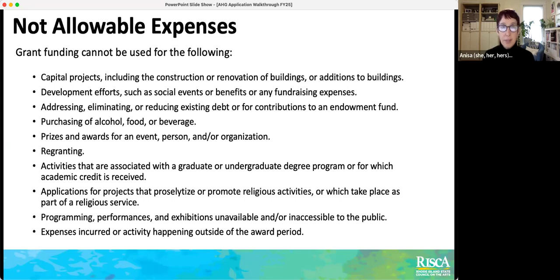Not allowable expenses. Grant funding cannot be used for the following. We also understand, just as a caveat, that the project itself might have other funding involved and there might be other expenses, but the funds that you ask for and use RISCA funds for are not allowed for these following expenses. Capital projects, including the construction or renovation of buildings or addition to buildings, development efforts such as social events or fundraising,